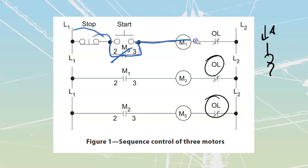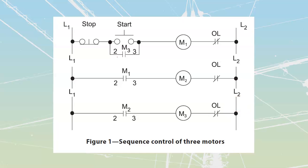So, talking about overloads here, since we're kind of in that situation with this one here, when we have got a 120 volt circuit, and we're going to see some mistakes probably throughout some of the materials, whether it's inside of practice materials or inside of the binder, anytime that I've got a neutral, I do need to go and take my overloads and move my overloads to the front. The most common spot to place those overloads is going to be right over here ahead of that stop. At that point, if I had a ground that were to go and happen, because I would have removed the overload from here,